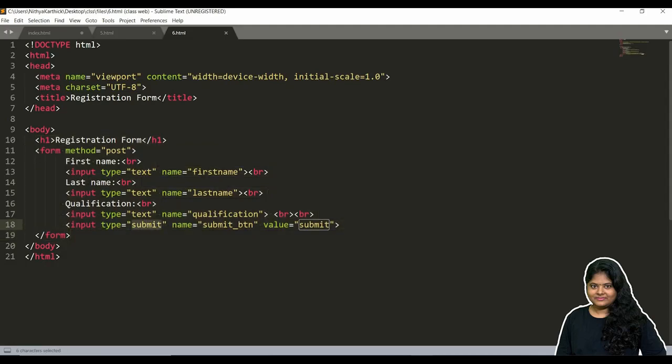This submit button can be presented as input type equal to submit, or else you can go with a button, button type equal to submit, or simply button with the value submit. So here I've given these 4 form fields.